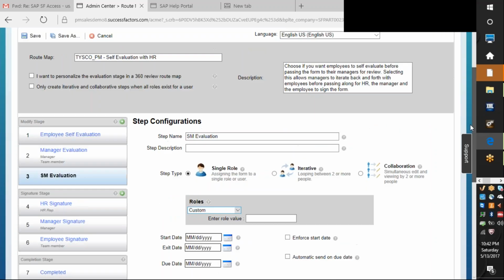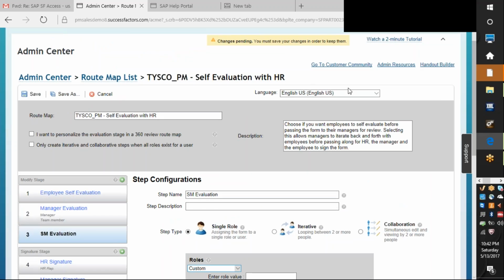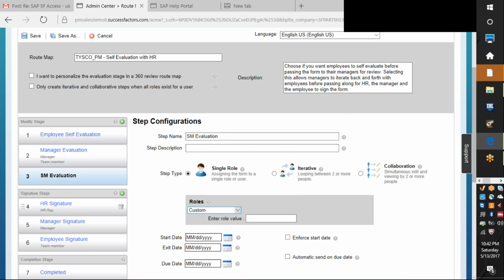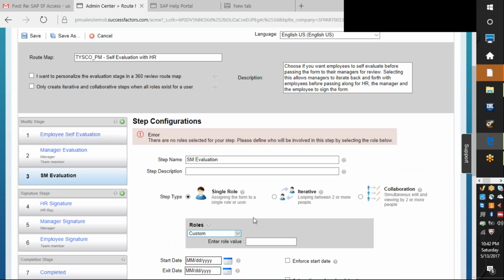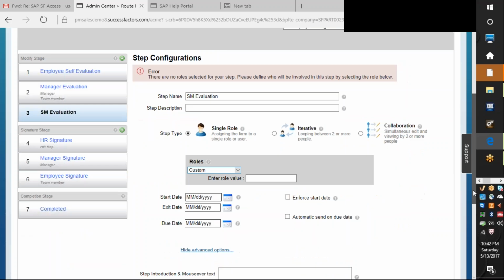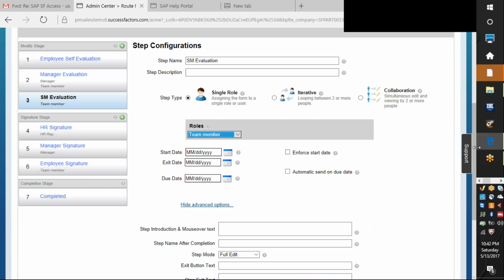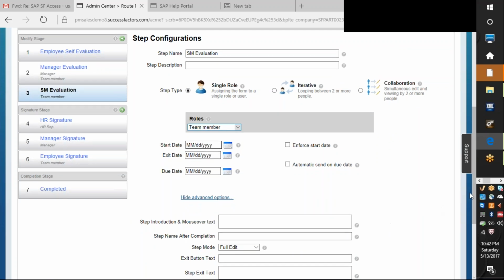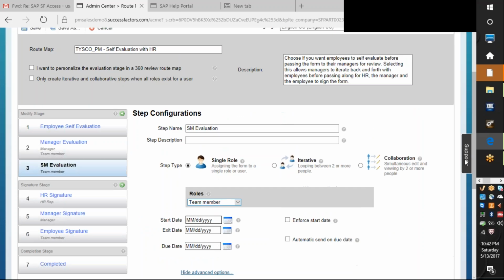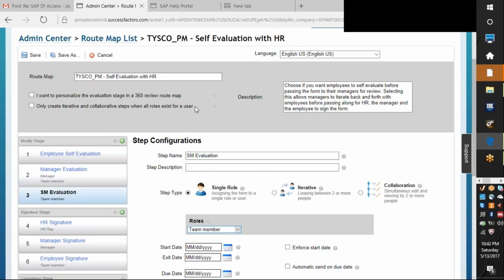So this is, no, I haven't completed this step. Employee self-evaluation. What did I do? Did I change something? Oh, okay. I can, so let me say this. Okay, this one. I was telling you about